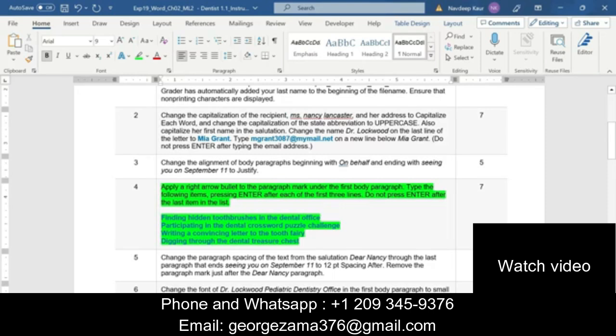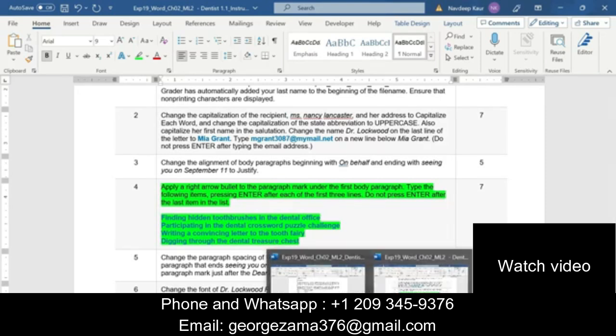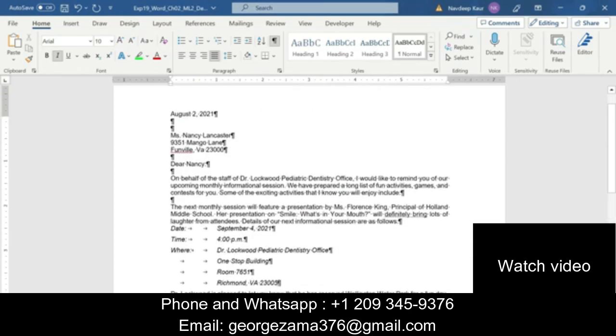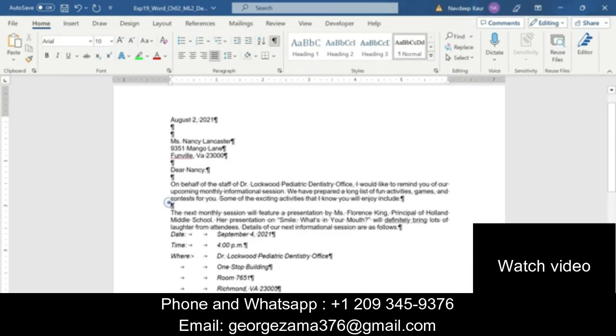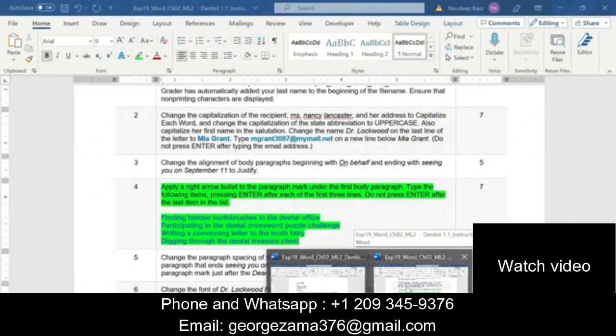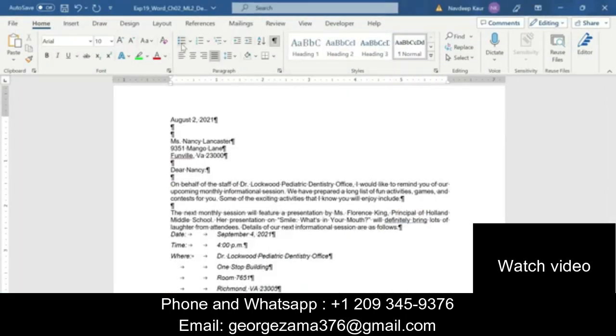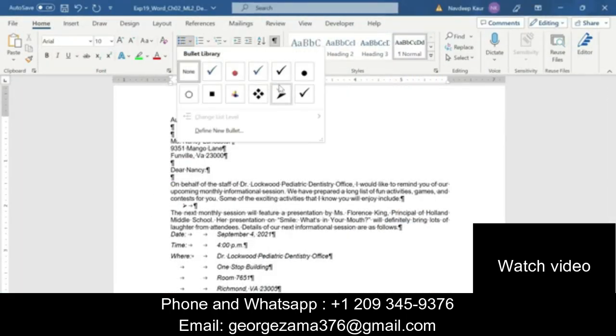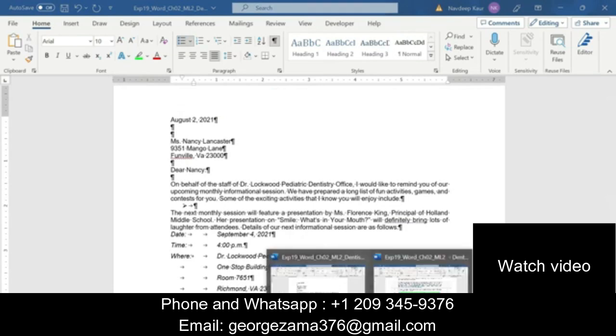Do not press enter after the last item in the list. So let me go to the bullet first. So this is the paragraph below the first body paragraph, and now we are supposed to apply a right arrow bullet. So first go to the bullet and apply a right arrow bullet, this one,